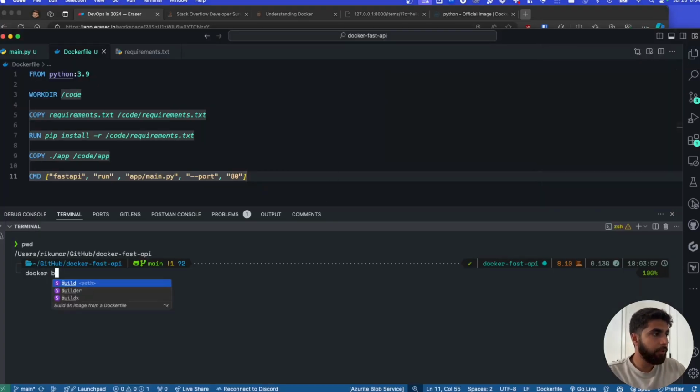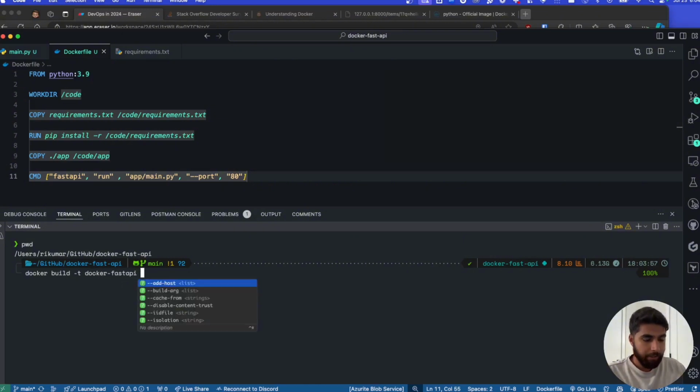So if I do docker build, -t is an argument to tag the image. So we'll tag this as docker-fast API. And now if I do a period, which is where the Docker file is located. So if it was a different directory, I would have to specify the path. But since it's in the root and that's where we are running the command from, we can just put period